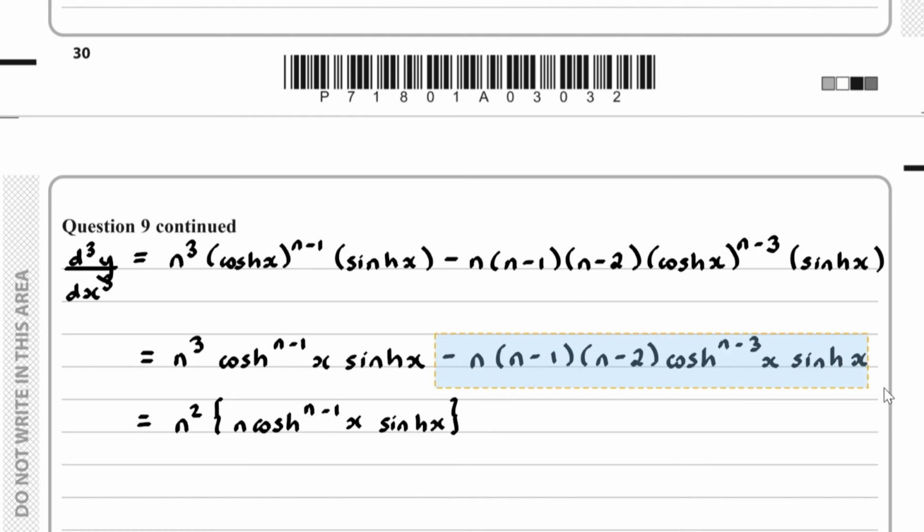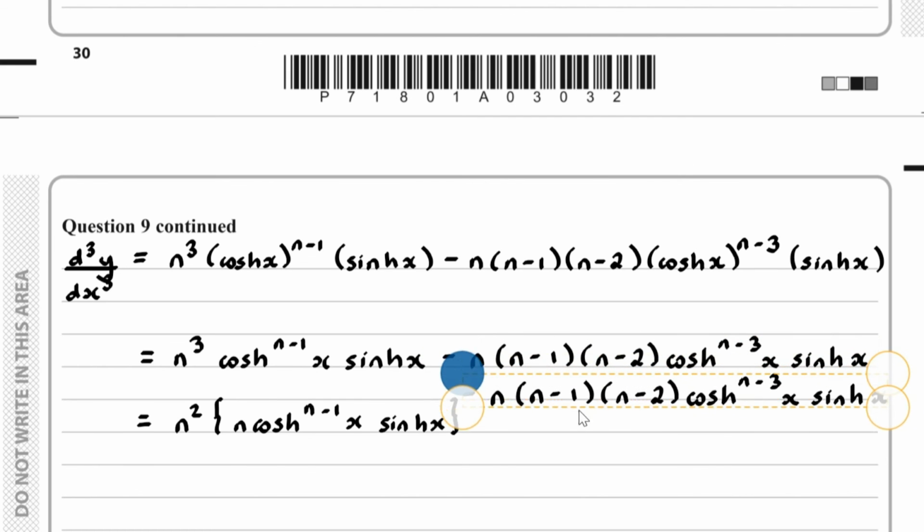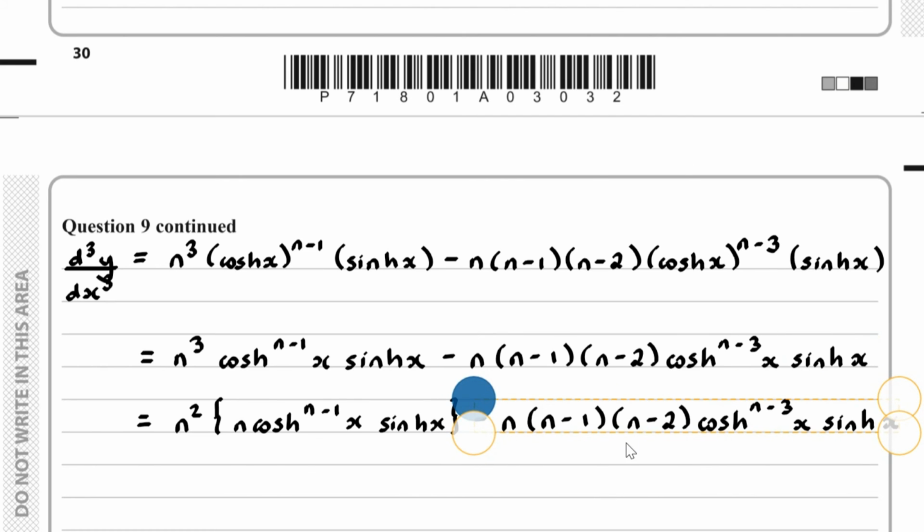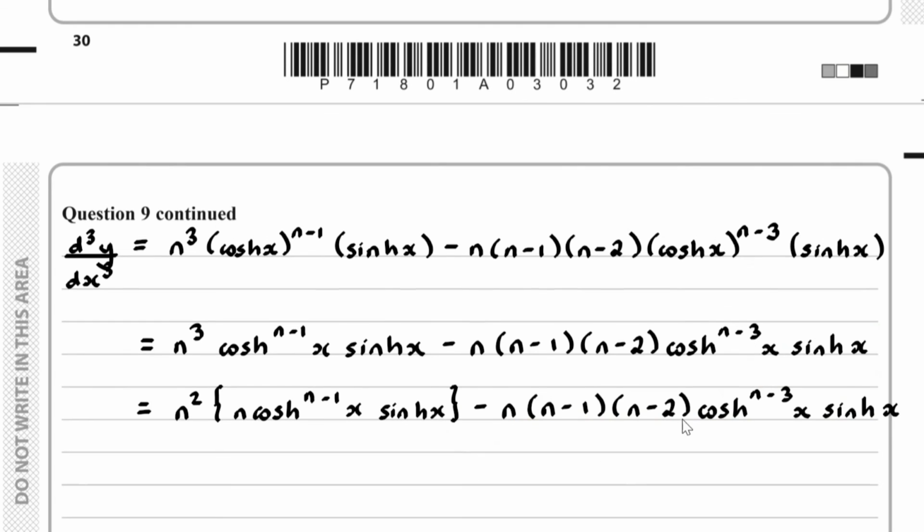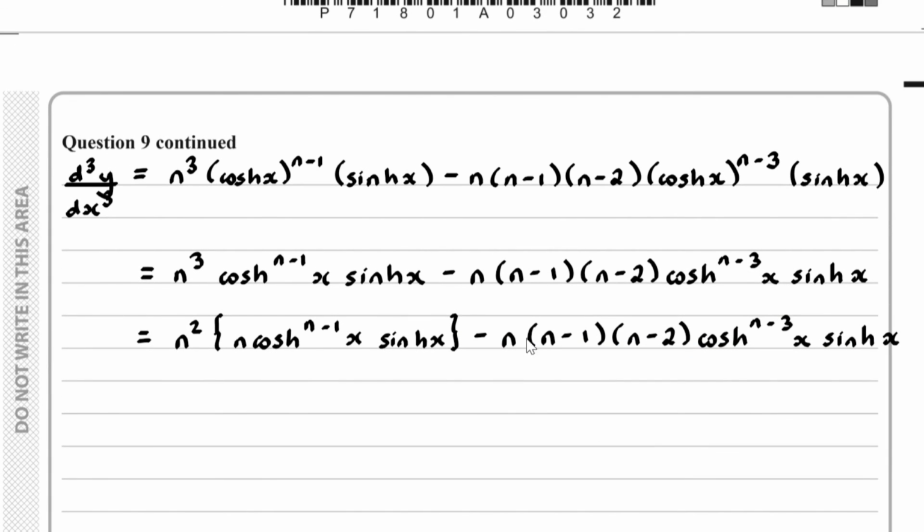And then this bit would remain the same. So what we have here then, for me to differentiate, to find d4y over dx4,